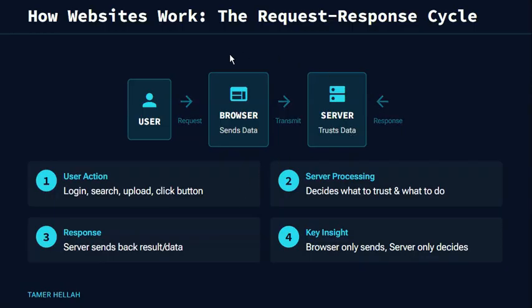Here is the most important insight on this slide. The browser only sends the data. The server is the one that decides what to trust and what to do.